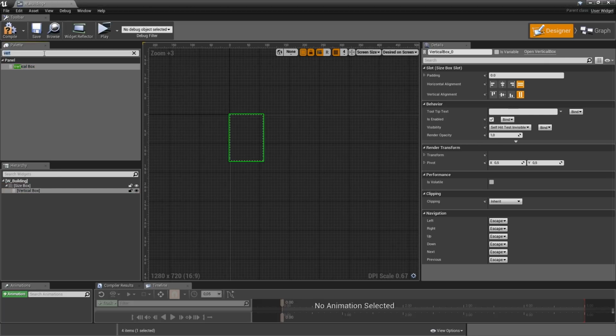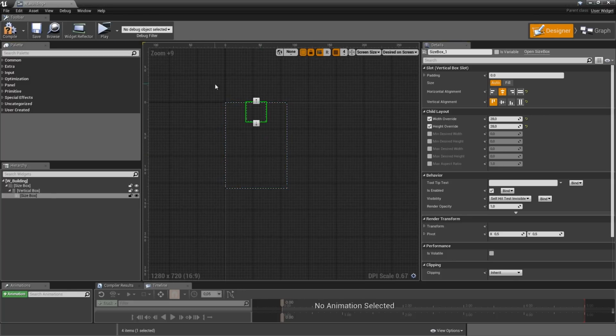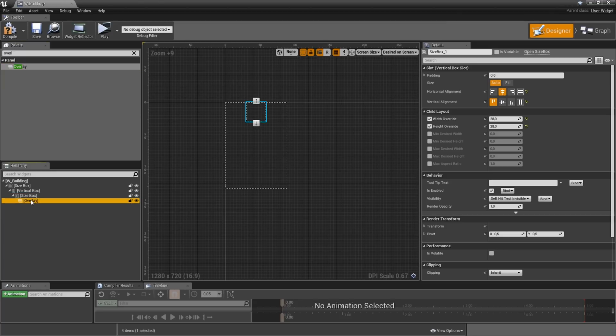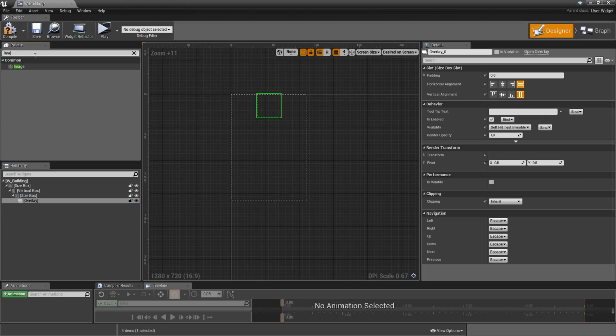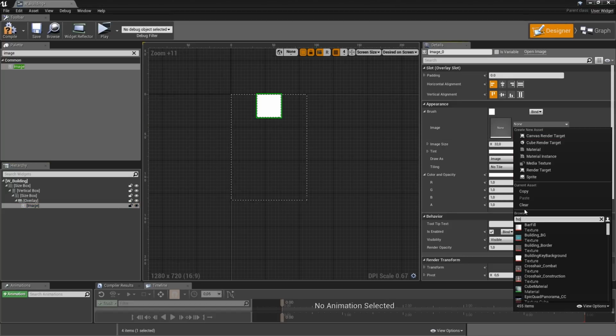And in there we start with the hotkey, so let's add a size box. Width and height override will be 28 by 28. And then we will align that to the center horizontally and vertically to the top. In there you see a border and then the text of the actual hotkey. So to place these individual elements on top of each other, we will use an overlay. Add that onto the size box, and let's start with an image. This will be static, so let's uncheck its variable, and the image here will be our hotkey border.